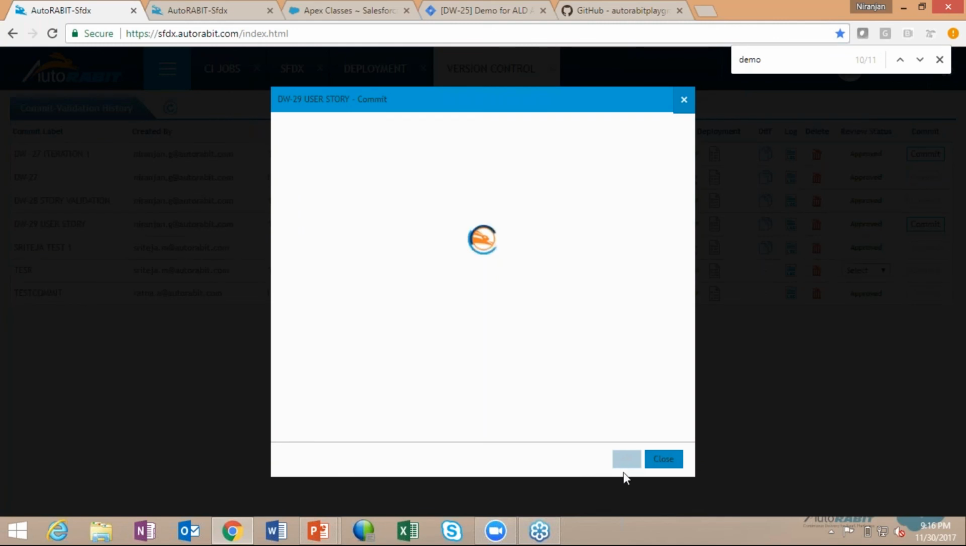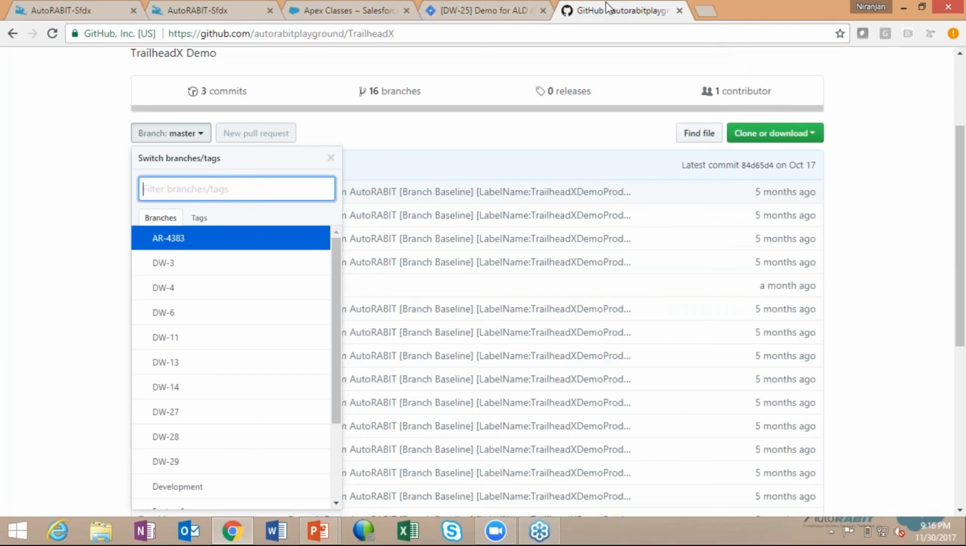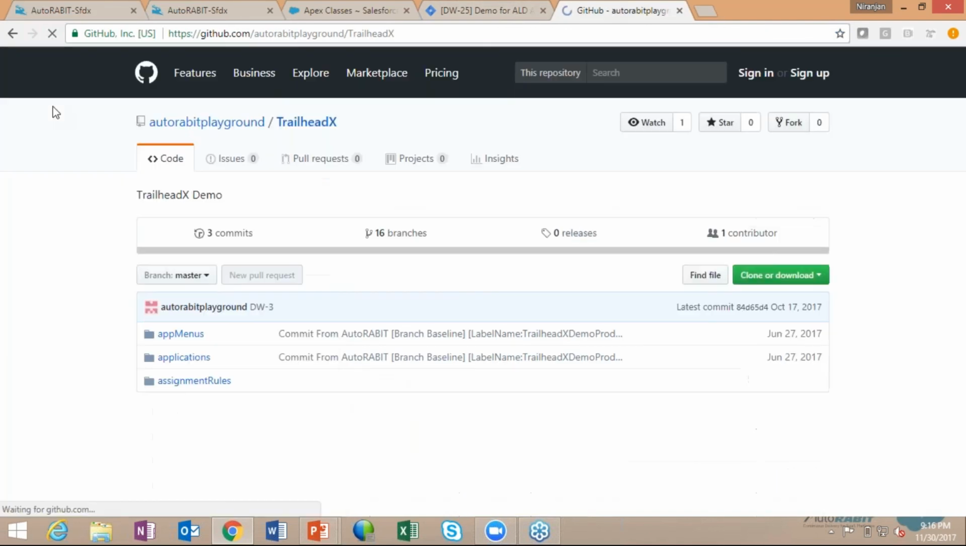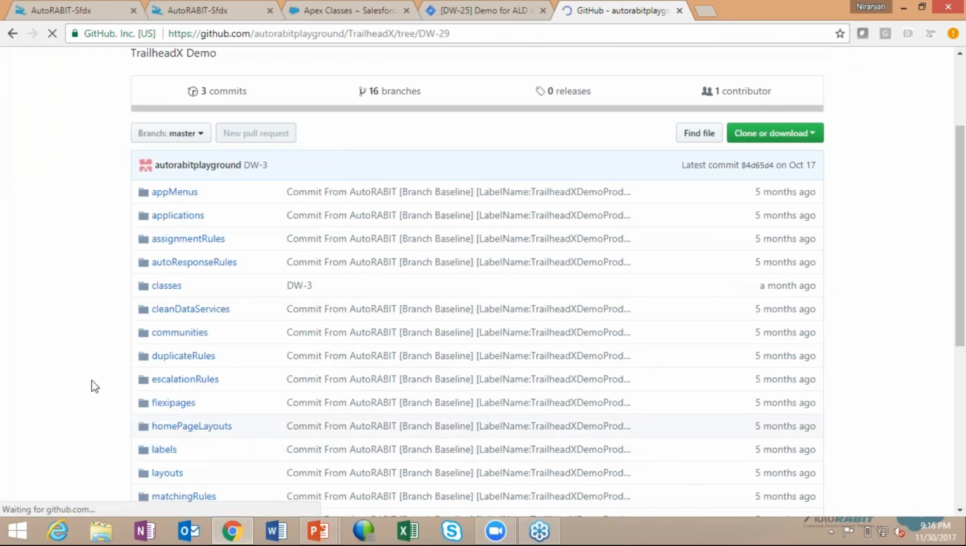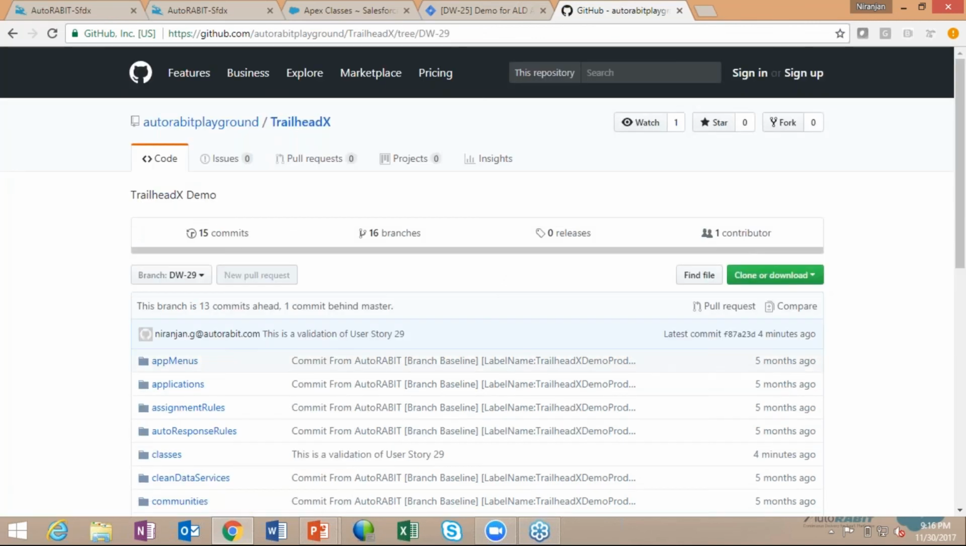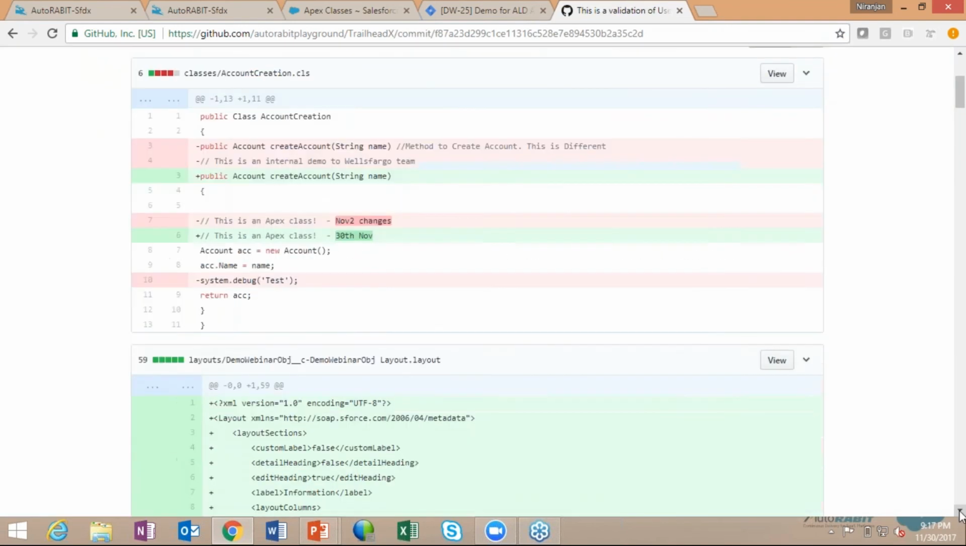So you can see provisioning, development, all done through AutoRABIT on a guided path. You can see all these things checked in. Now let me just go ahead quickly to my GitHub to see if these changes are actually in here. So let me just quickly click on this DW29, and you can see that this is validation of user story 29, and this is the commit, and you can see all the changes that are part of it,